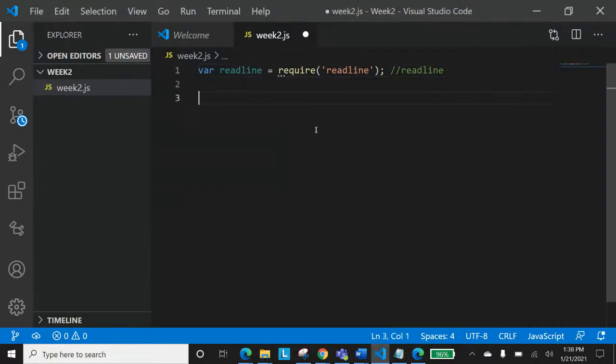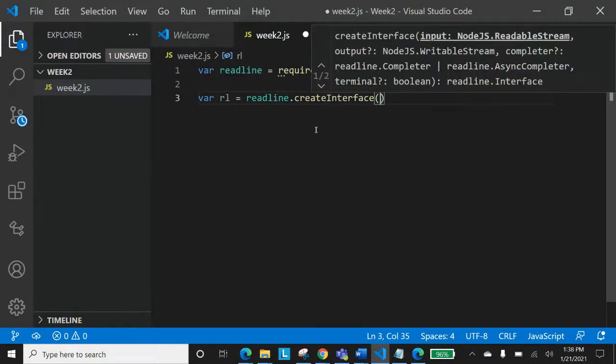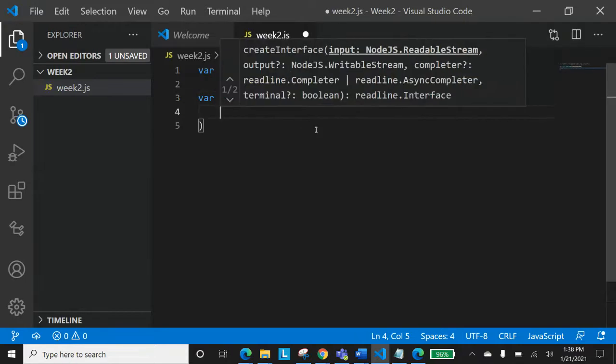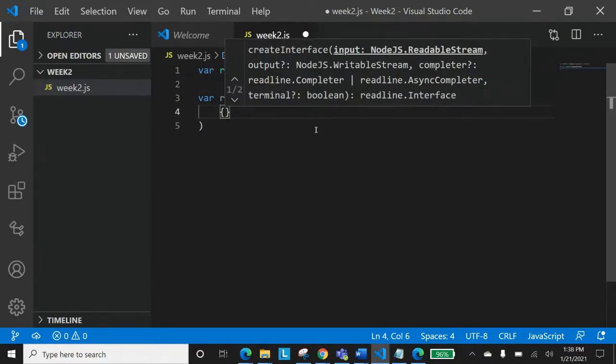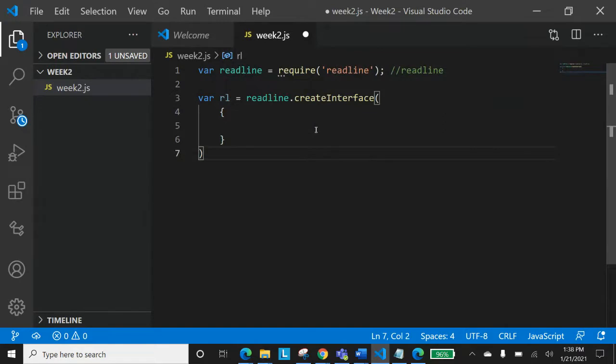Okay, so readline is the module for that. Now from that readline, what we need to do is create an interface. That is the typical way of taking input from the user. Now readline.createInterface, you see that we have this createInterface method, which basically creates the interface for taking input from the user and providing output to the user. And inside that, we need to create two options that will be used for taking input. Now what are those options?